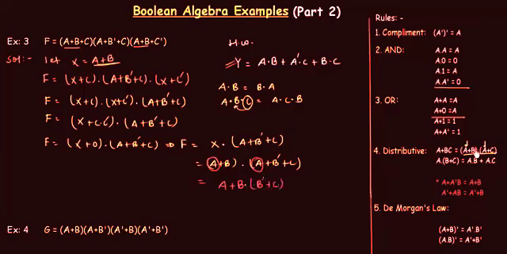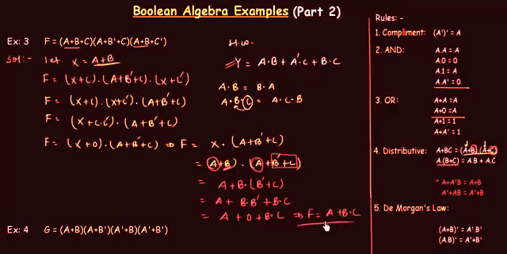From here you can see this b, c is ANDed with each other. Therefore I will AND this b and b complement or c. I did the same thing that we have done earlier, and I will again use this distributive law. This one, a and b or c is equal to a and b or a and c. So b and b complement or c is equal to b and b complement or b and c. Now b and b complement is 0. So a or 0 or b and c, and this is equal to a or b and c. So this is my answer, and you cannot reduce it further.